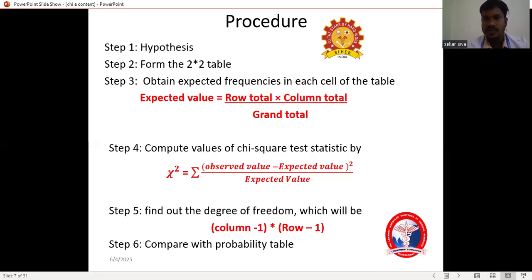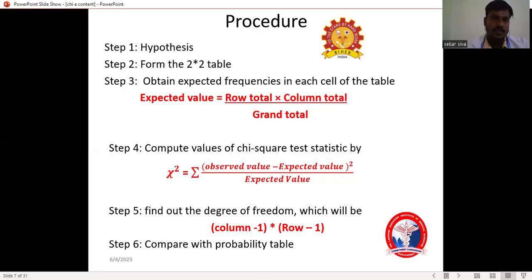It is a very, very important step in chi-square test. If you make any mistake in that 2x2 table, the whole sum will be wrong. If the 2x2 contingency table is right,